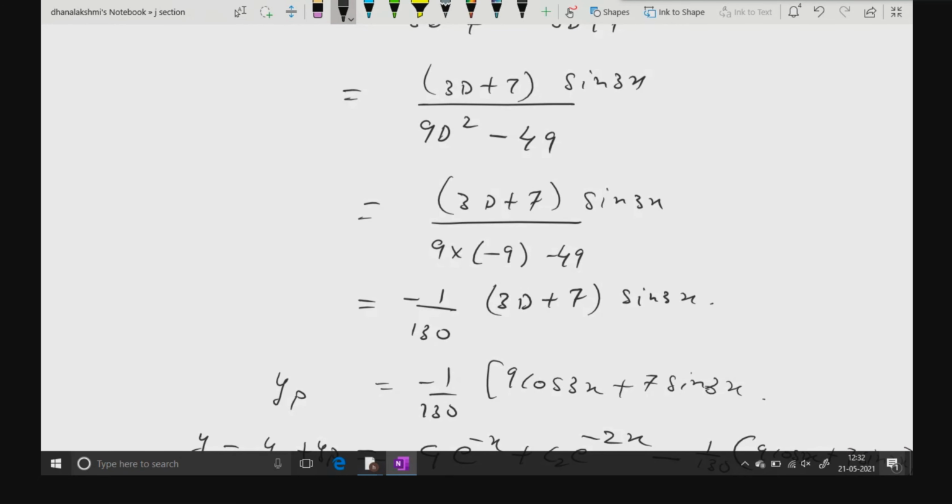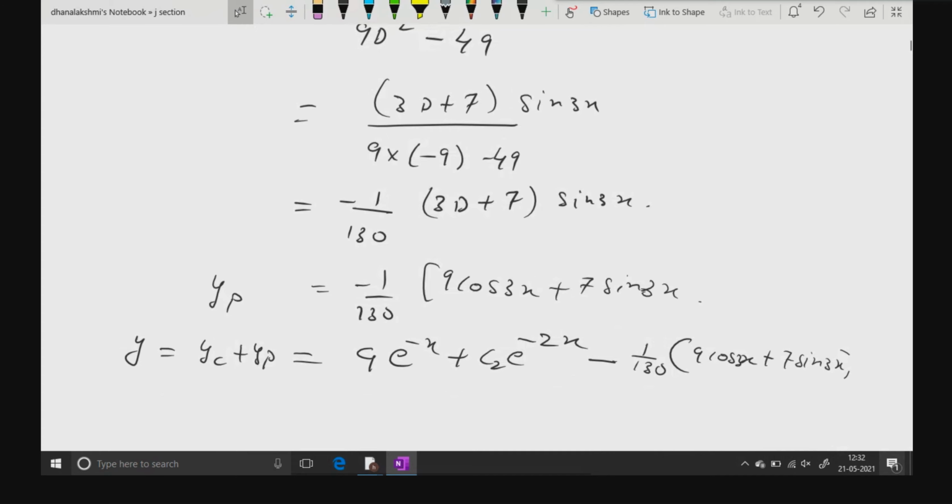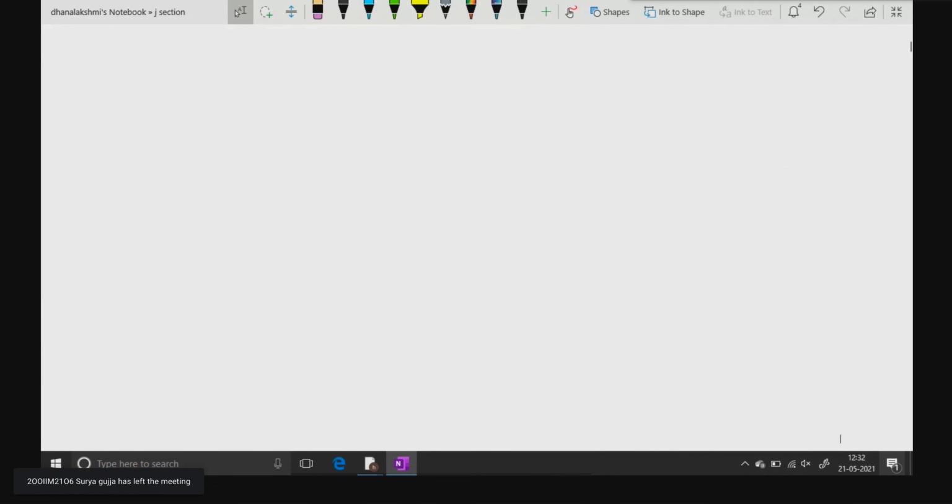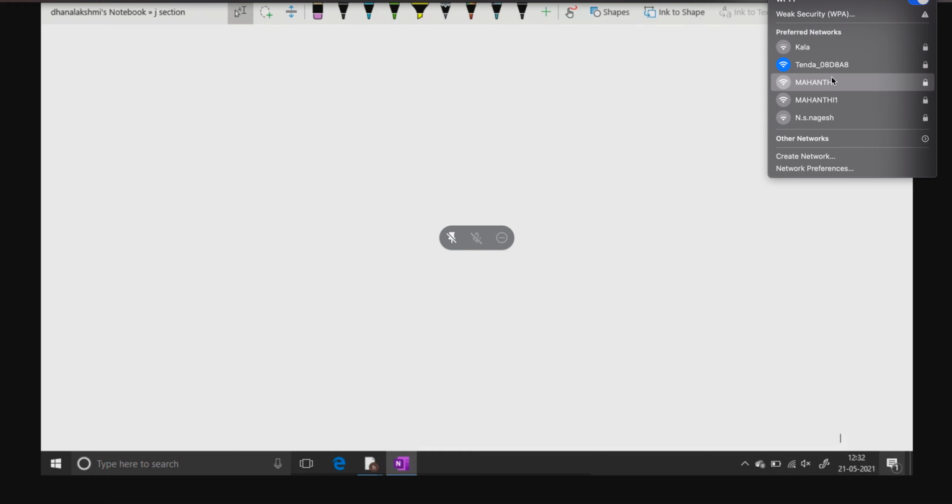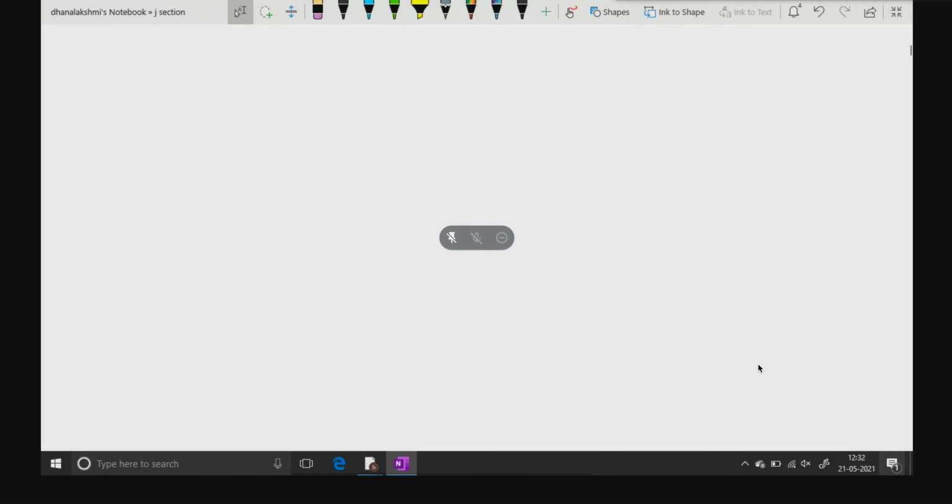Okay, because they want you to solve it. If it is just an objective type of question, they may just ask you to find the complementary function. So just find the complementary function for this question and leave it, that will be enough. But remember, when it is asked to solve, and non-homogeneous terms are given on the right hand side, of course, I have to find both the complementary function and the particular integral, and finally add them by writing y is equal to CF plus PI. Then only you will get marks. Remember this thing. Okay?